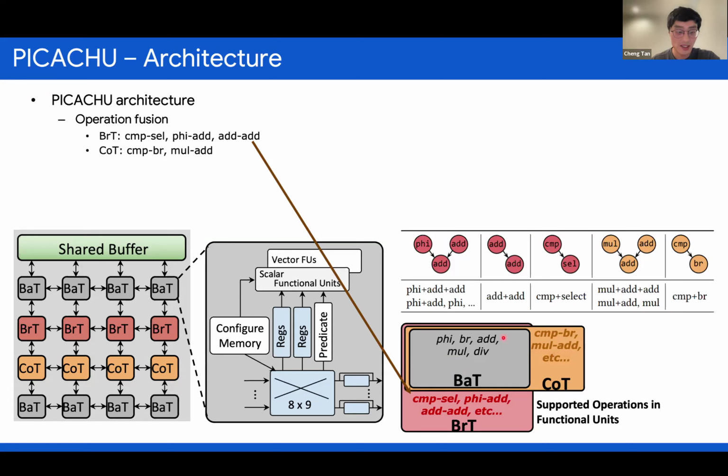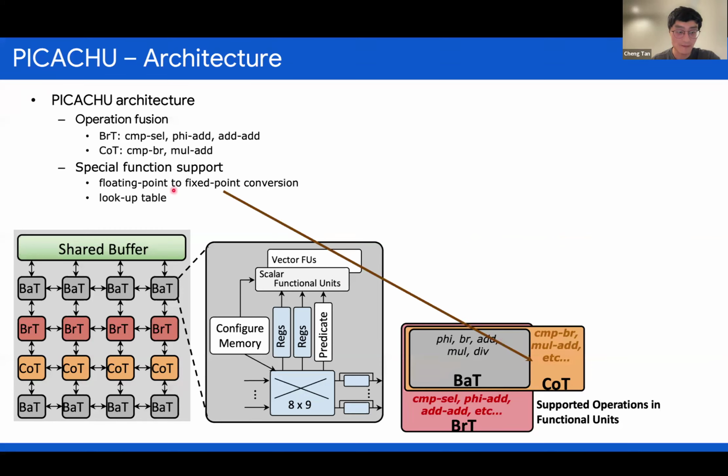We also support floating-point and fixed-point conversion, which is popular for linear and nonlinear operations, as the bridge between them. And we have a lookup table embedded in the functional unit to support such